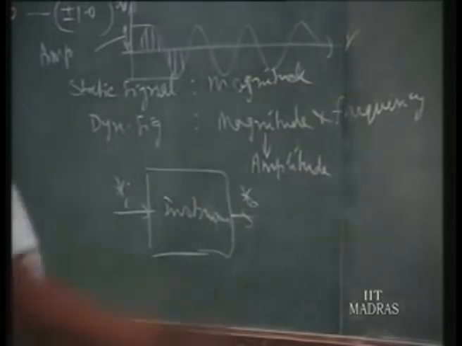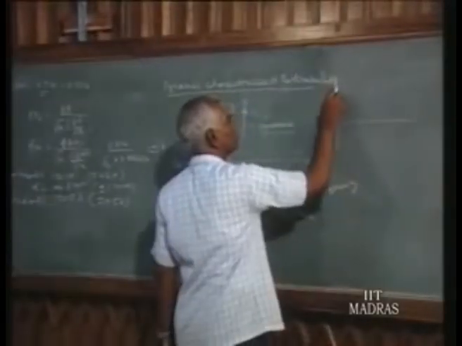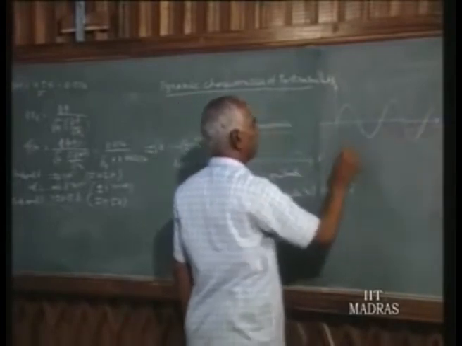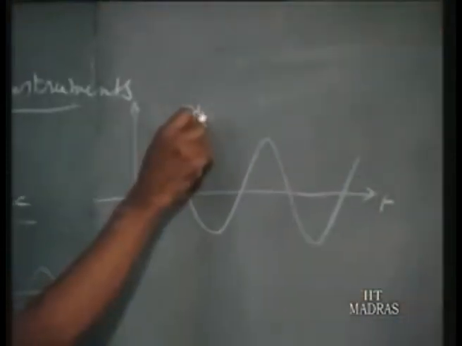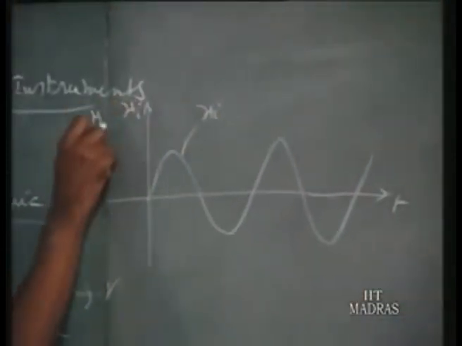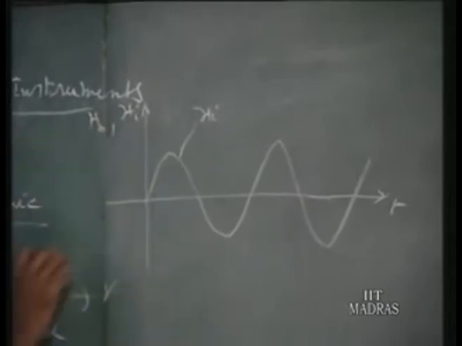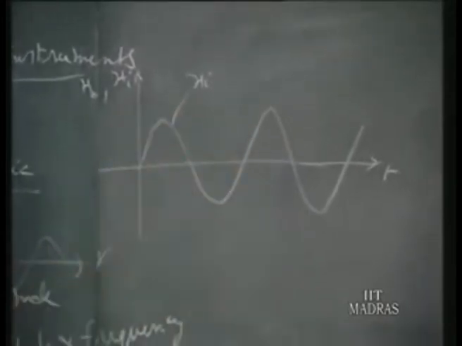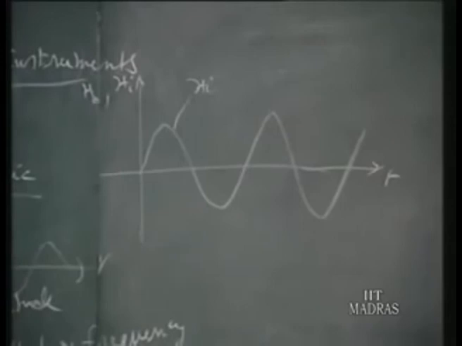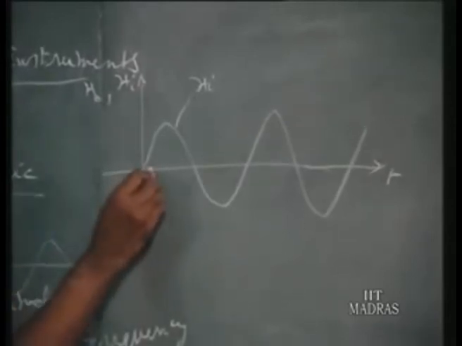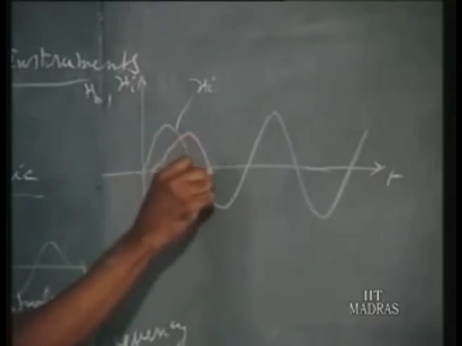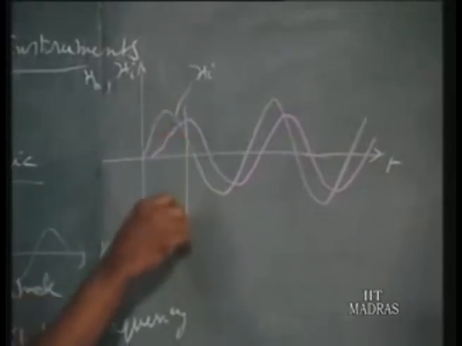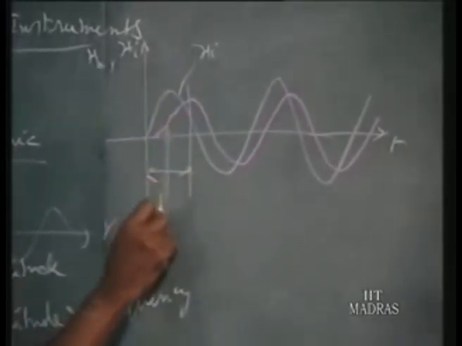Generally we know that, suppose xi is a sinusoidal one, plotted against t, and this is xi. So xi and xo we are plotting on the same axis. The xo will not be of the same shape, and also it may not have the same amplitude. It may be a little less depending upon the frequency. So it will have some variations, and afterwards it settles. So they say up to here it is a transient. This is a transient region.